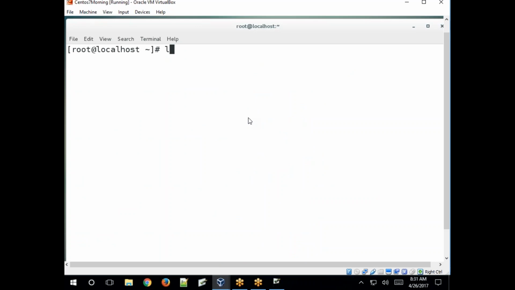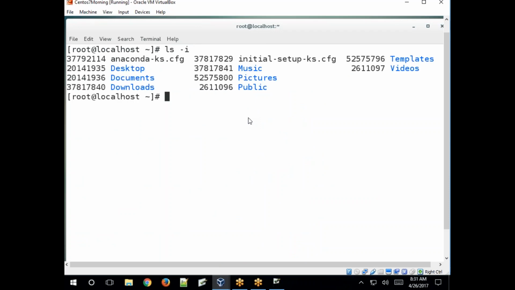Clear? So to list files along with their inode numbers, use ls space -i.